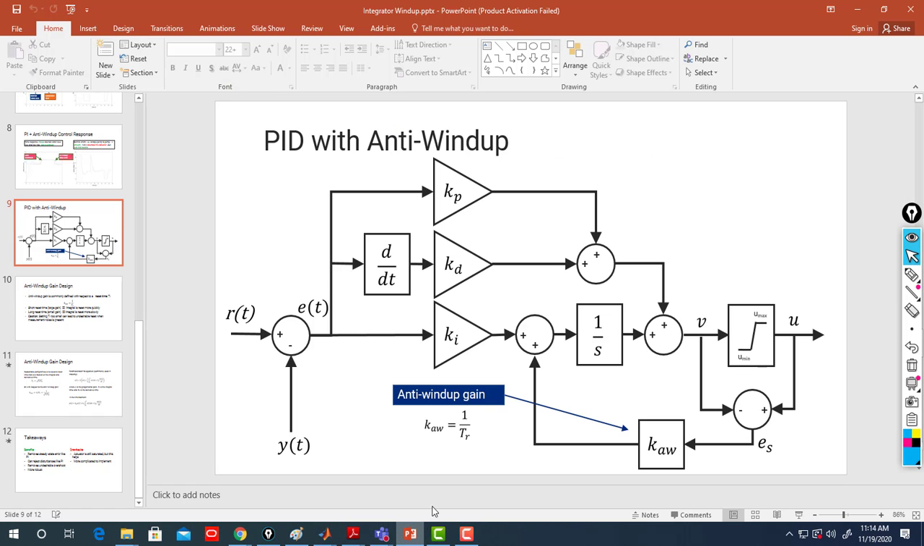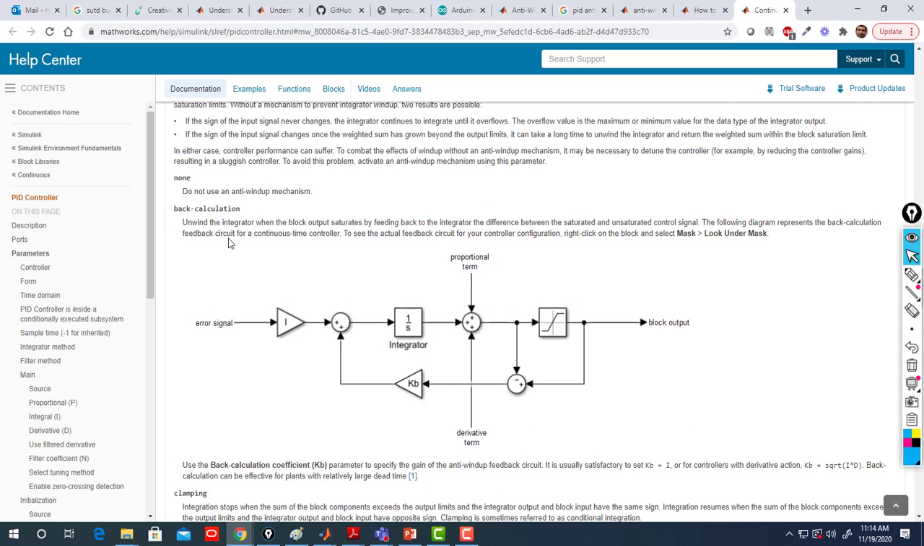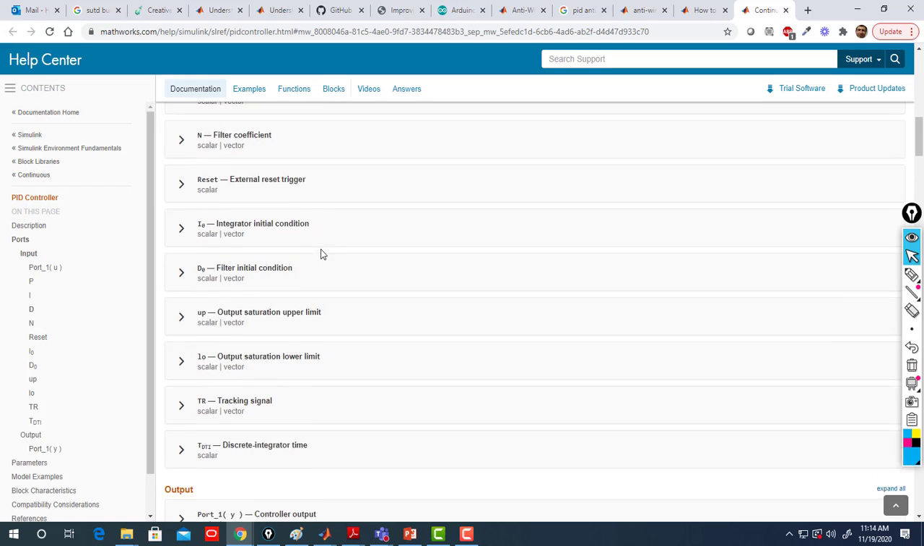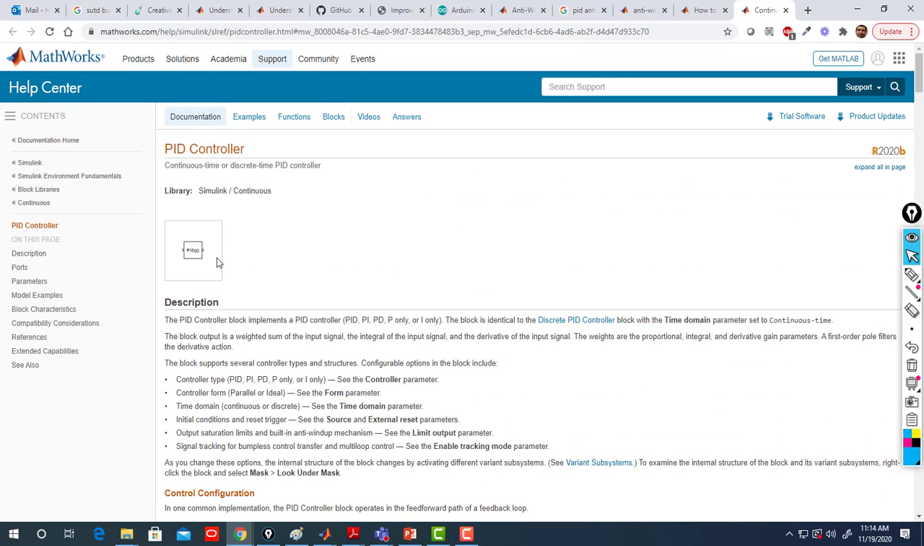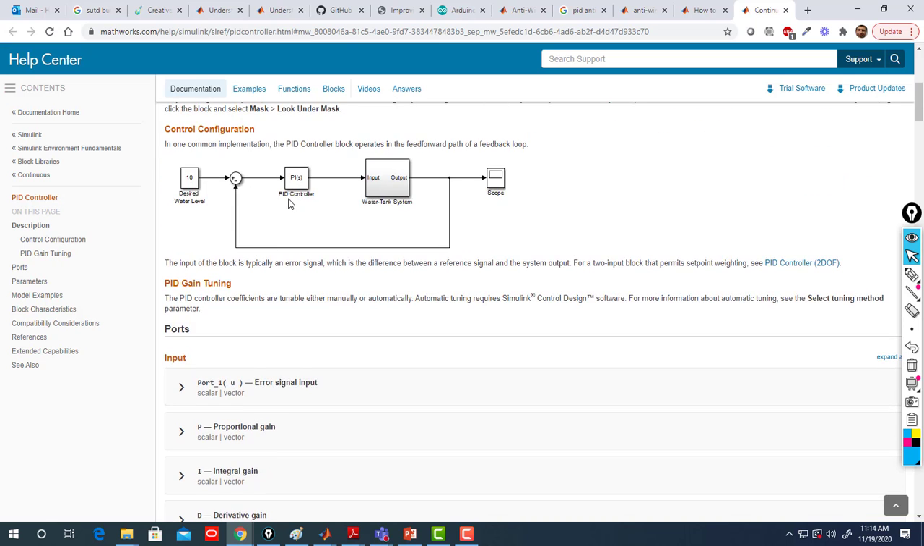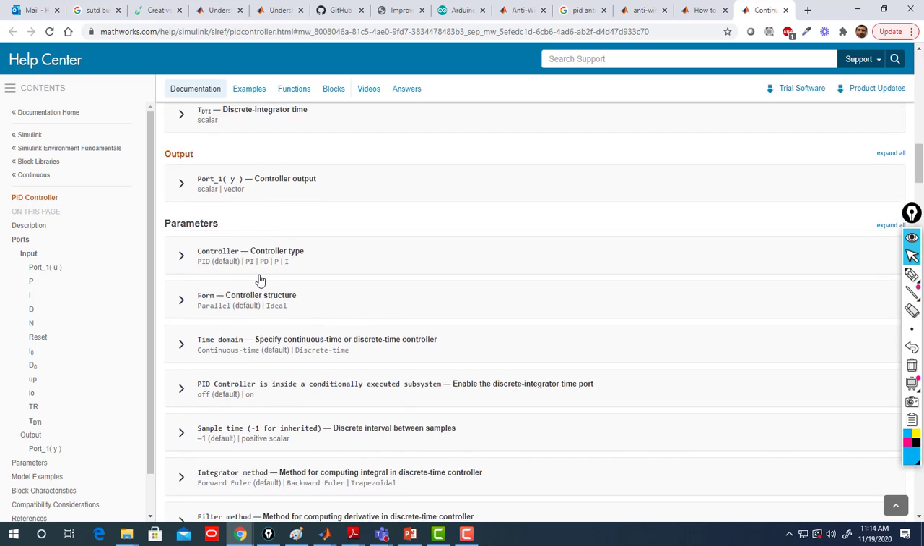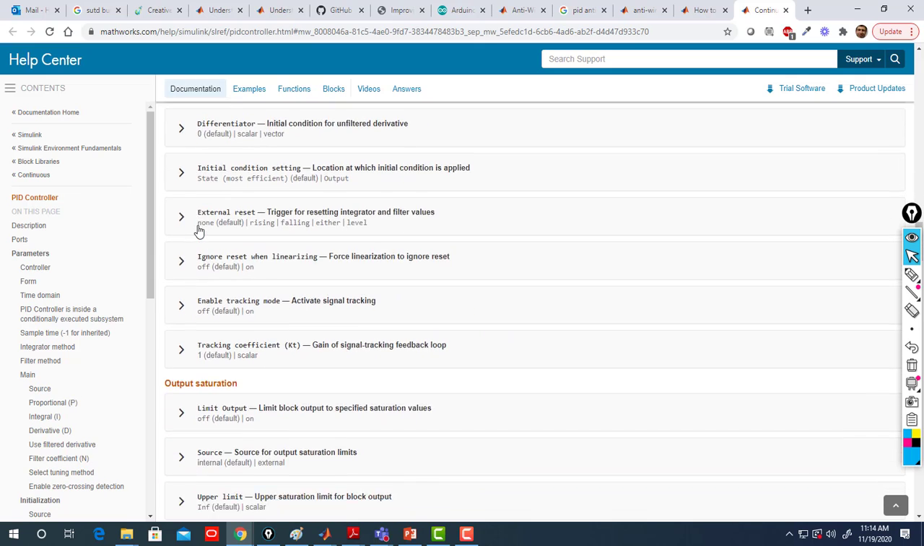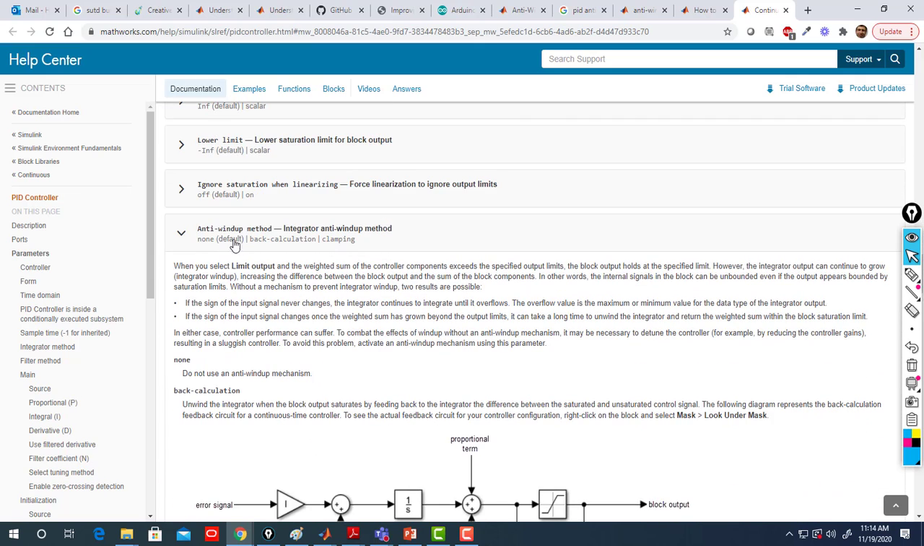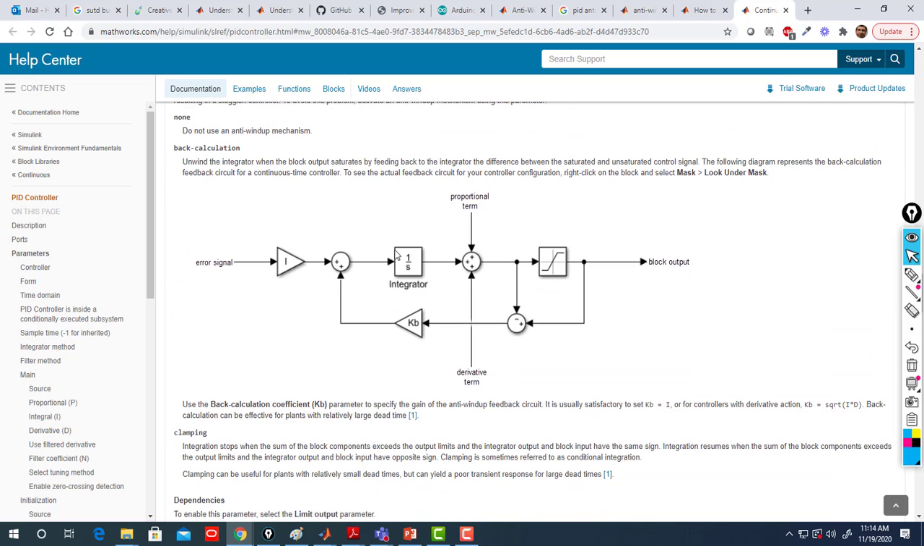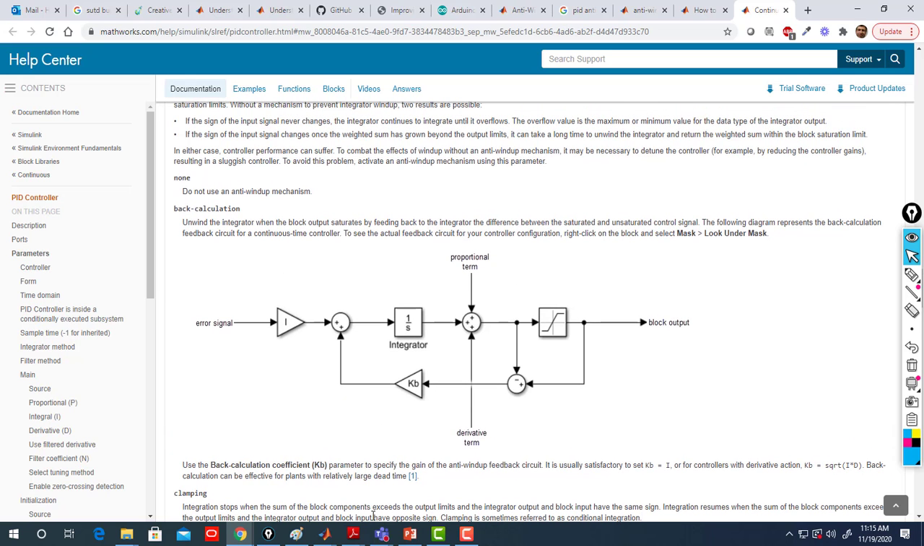And the method we saw in our lecture is the back calculation, not the clamping. Basically, here you can see it in MATLAB. If you go to the PID controller, it's a block. When you go to the description of each component, I went to the anti-windup method. And if you have the methods, you have none, meaning don't use any anti-windup mechanism. Just simply use